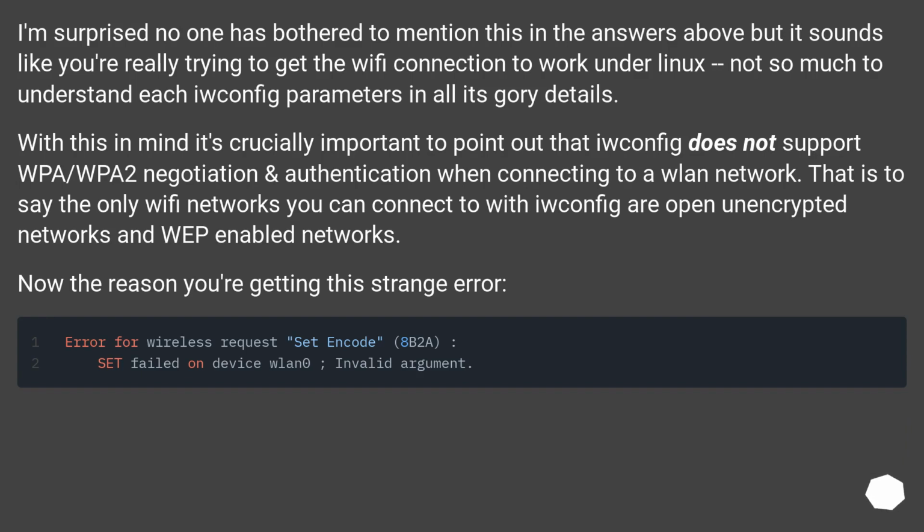I'm surprised no one has bothered to mention this in the answers above, but it sounds like you're really trying to get the Wi-Fi connection to work under Linux, not so much to understand each iwconfig parameter in all its gory details. With this in mind, it's crucially important to point out that iwconfig does not support WPA/WPA2 negotiation and EAP authentication when connecting to a WLAN network. That is to say, the only Wi-Fi networks you can connect to with iwconfig are open unencrypted networks and WEP-enabled networks. Now the reason you're getting this strange error